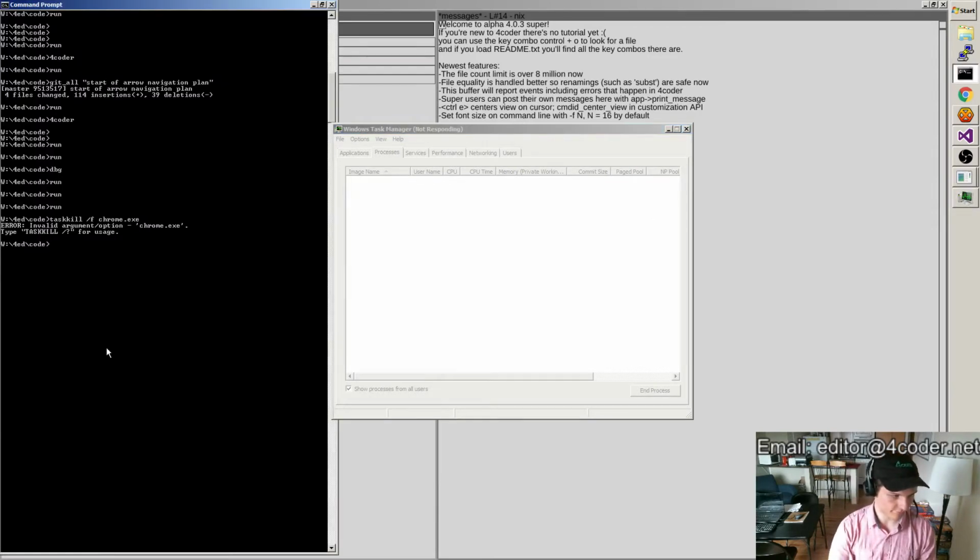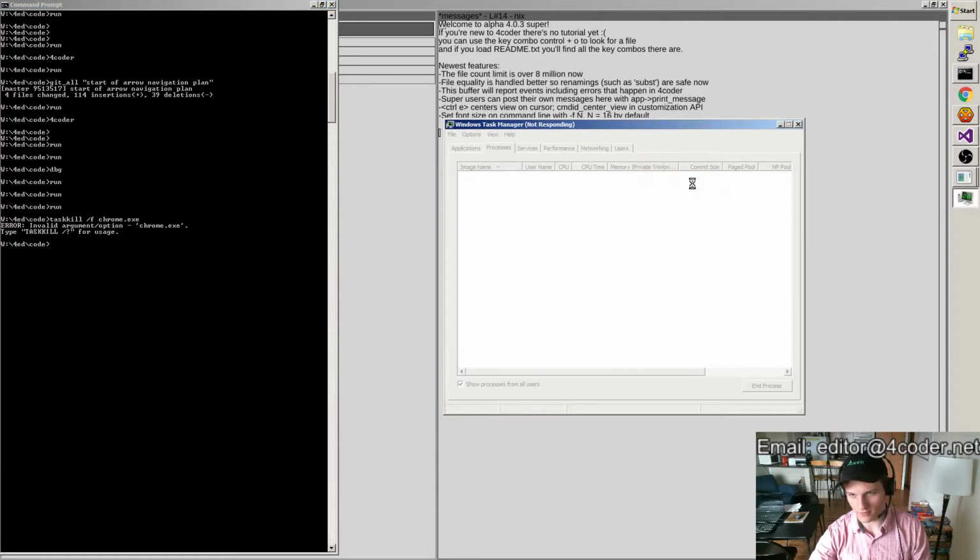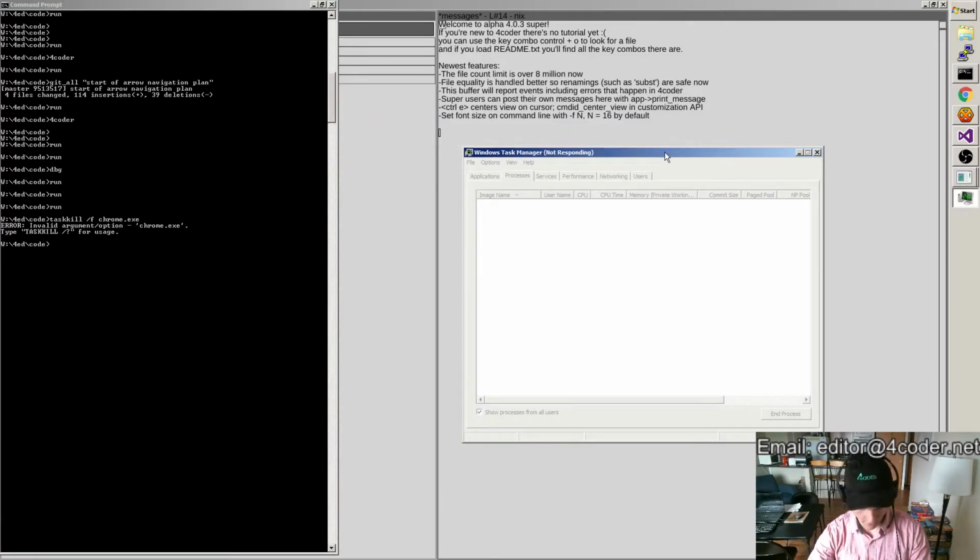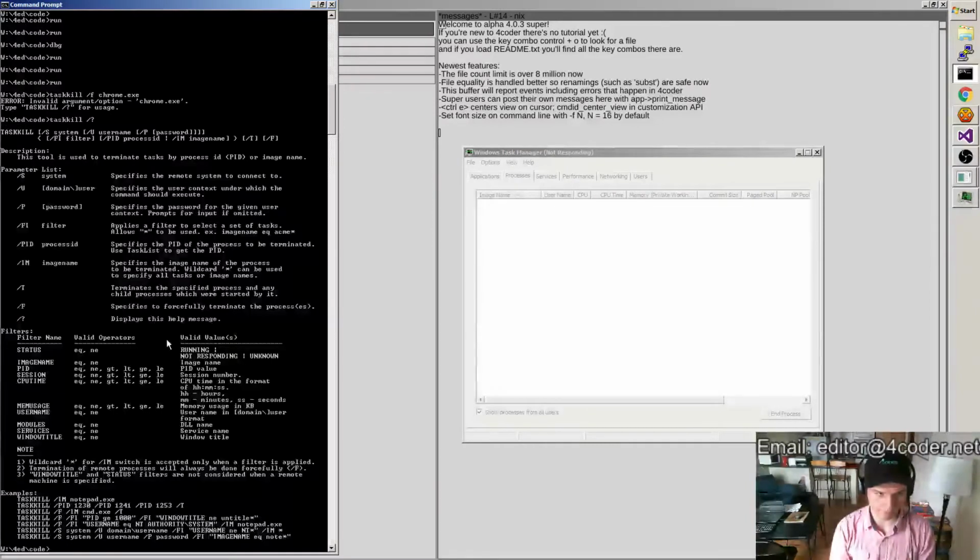This is like the worst day on Windows ever. I mean, this is not my usual experience with this computer. I'm not sure why it's so messed up today. But anyways, taskkill /F /IM chrome.exe